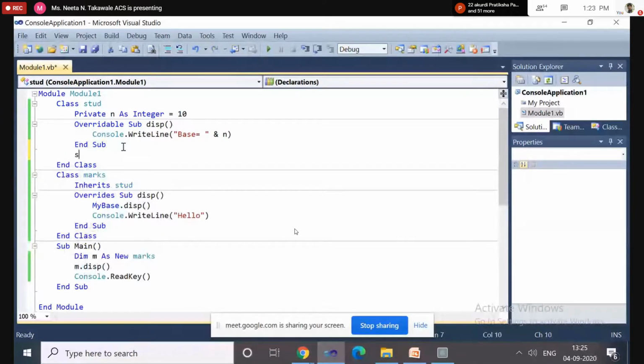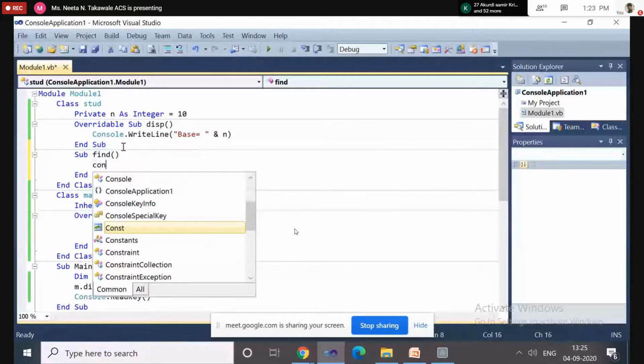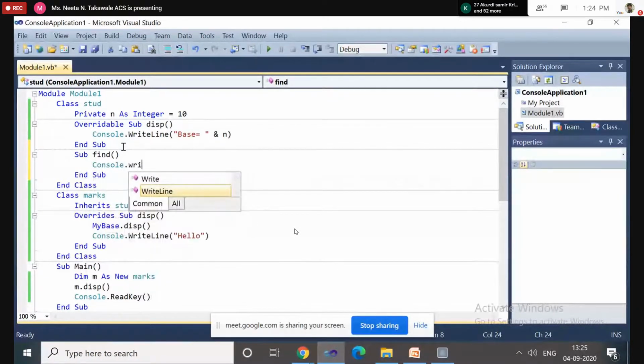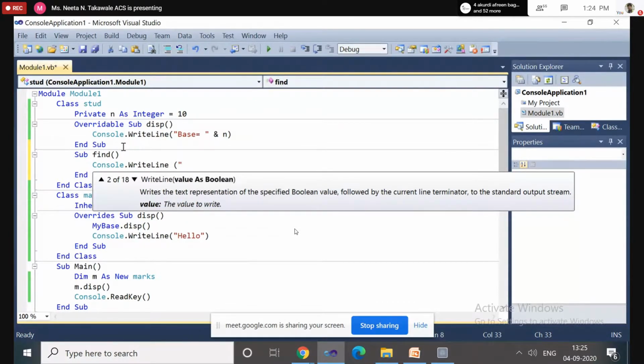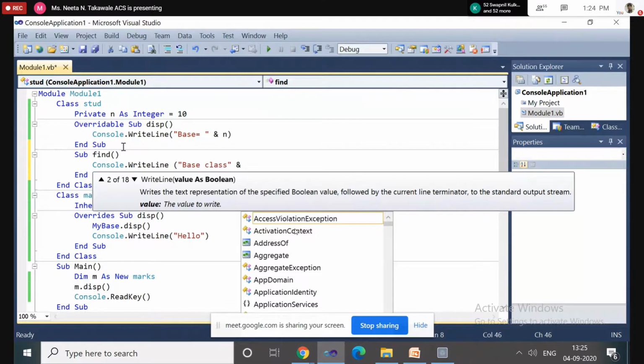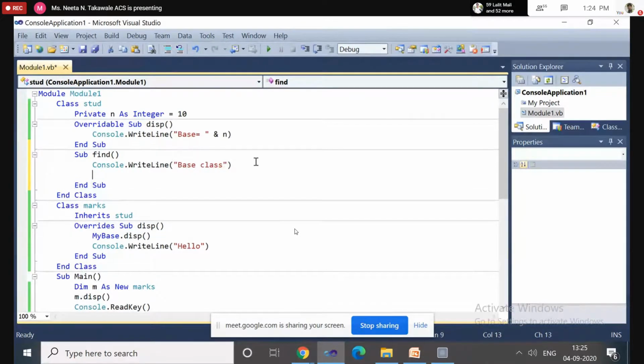For example, here I am using another procedure, find, which is defined inside the student class.